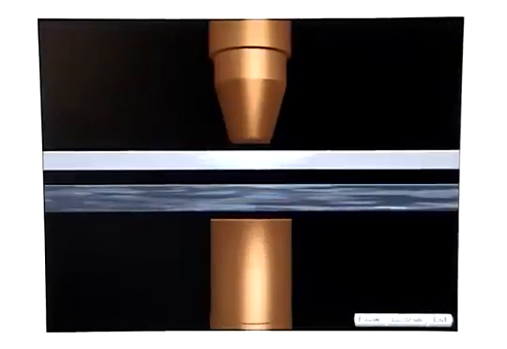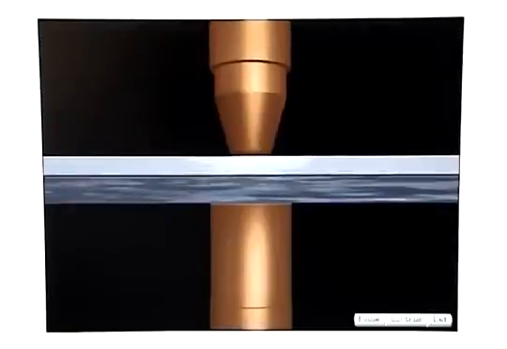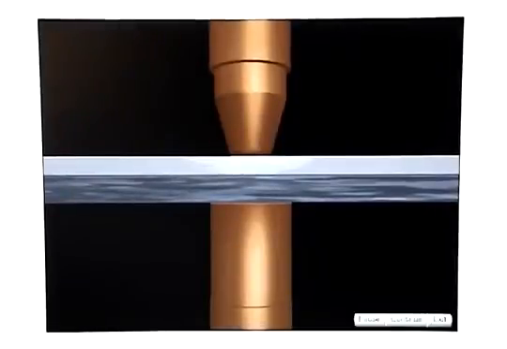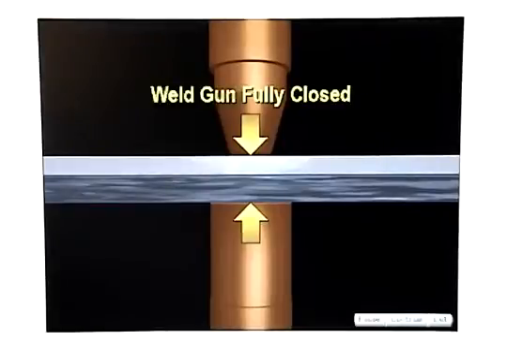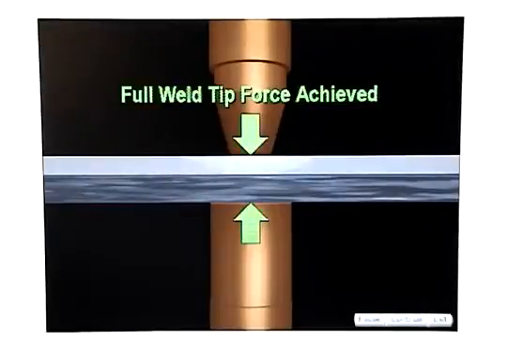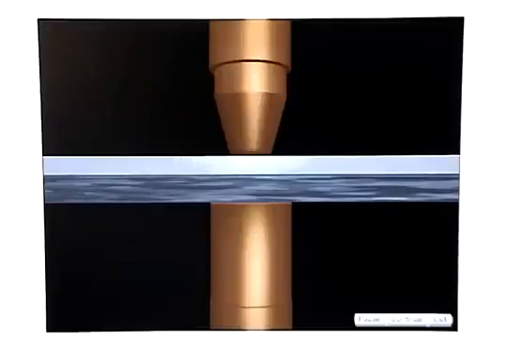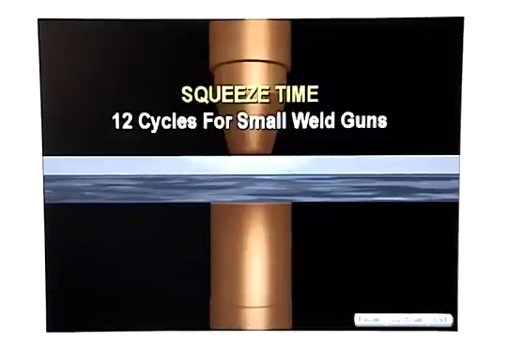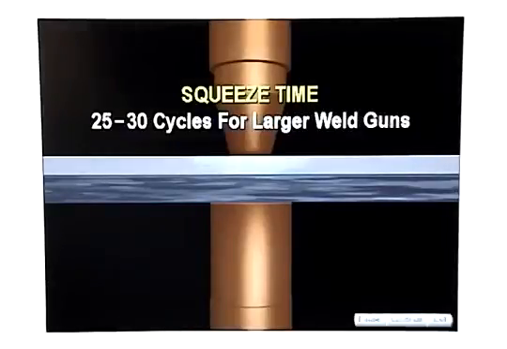When the weld gun closes, the weld tips contact the metal and squeeze them together. The metal is squeezed for a short time to make sure that the weld gun is fully closed and that the full weld tip force is achieved. This is referred to as squeeze time. A squeeze time of about 12 cycles is used for small weld guns, and 25 to 30 cycles are used